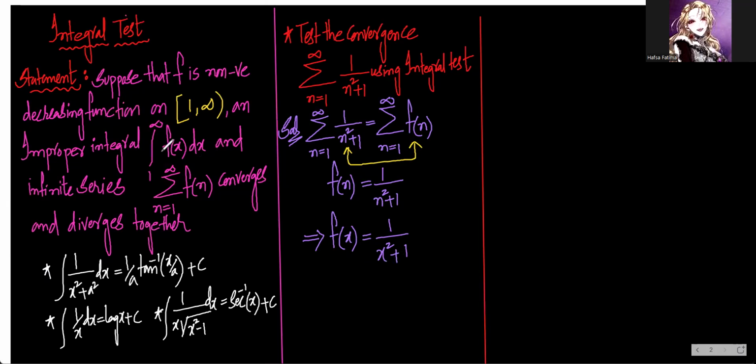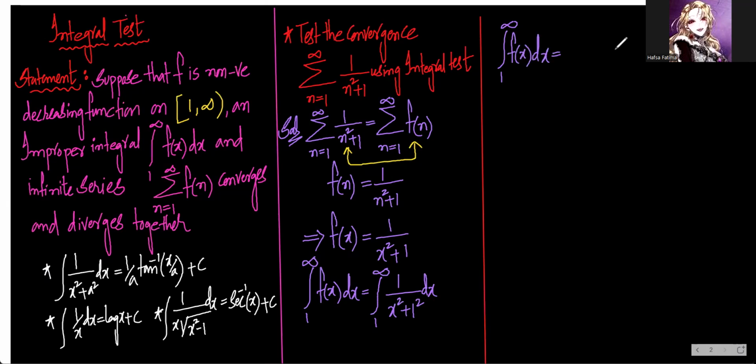Now taking the limit 1 to infinity on both sides. Integral 1 to infinity f of x dx is equal to integral 1 to infinity 1 by x square plus 1 square dx. So continuing, integral 1 to infinity f of x dx is equal to,